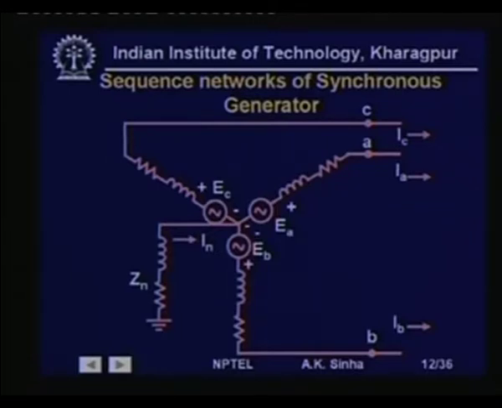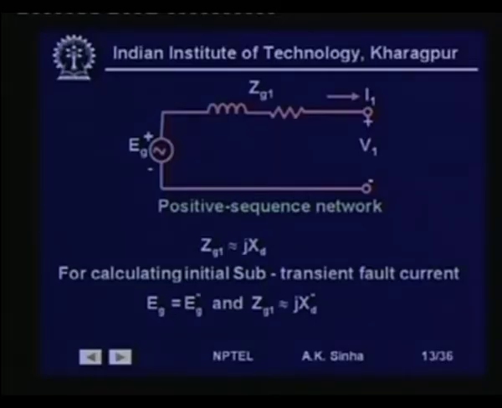So, the generator is designed to generate positive sequence voltages. So, we have a positive sequence voltage source for this model,